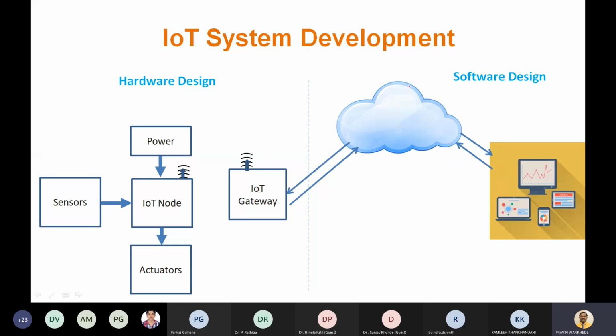This is the part we have done: Firebase, and its communication from Firebase to app and app to Firebase. Now the remaining part is the hardware and its connection with Firebase. We already have a good connection between Firebase and the app, so we only have to check the hardware connection with Firebase. If it is done, then we can check the hardware data on a mobile app, and also whichever actions are there from your mobile app, we can receive at the IoT node.